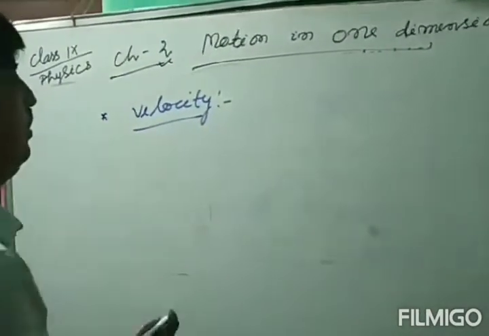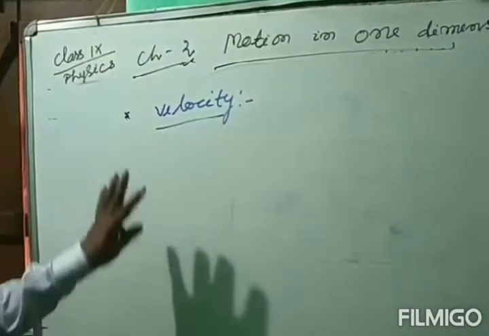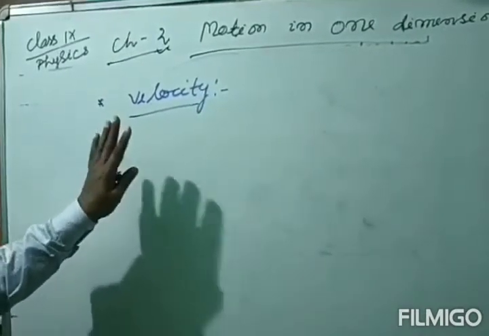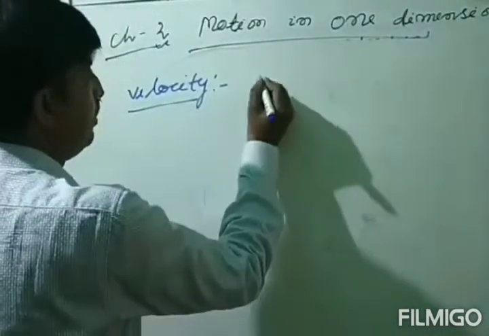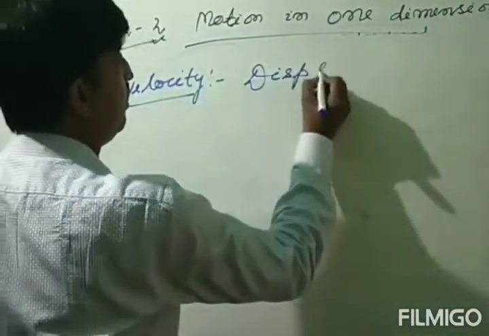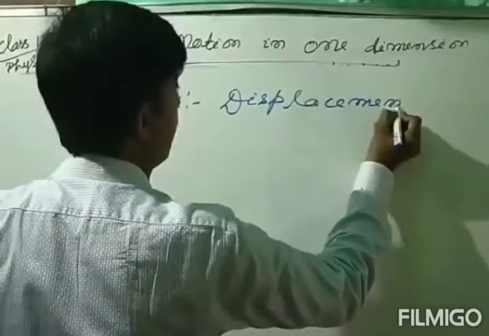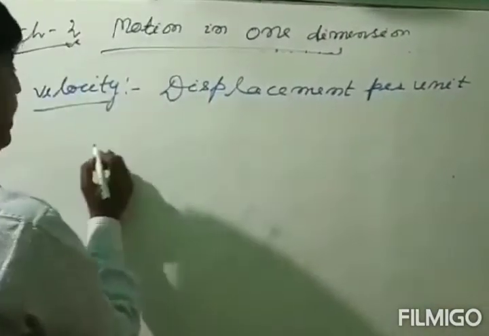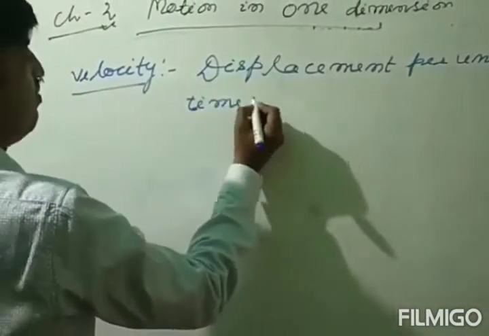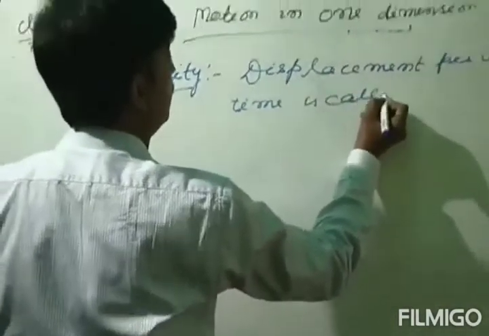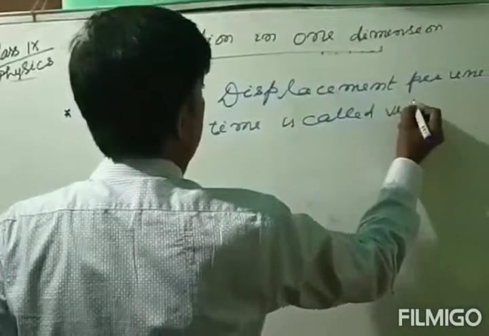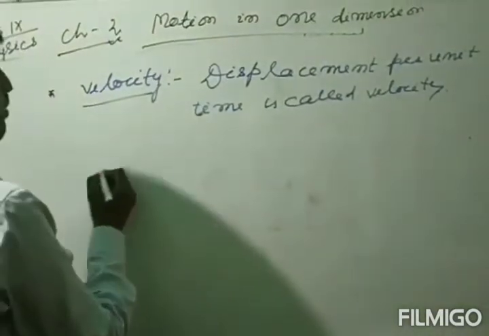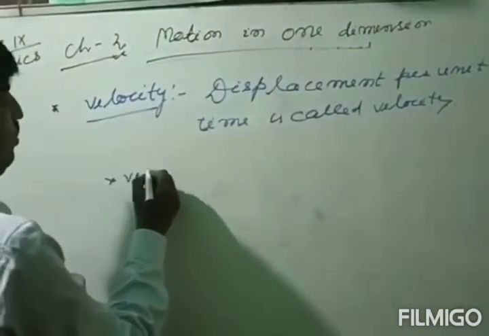What is velocity? In speed we have learned, what is the definition of speed? Distance traveled per unit time is called speed. Here we can say that displacement per unit time is called velocity, or we can give another definition. Velocity is equal to